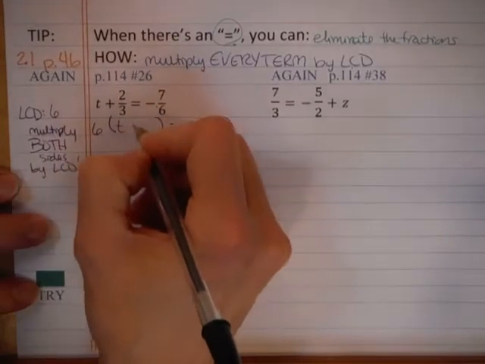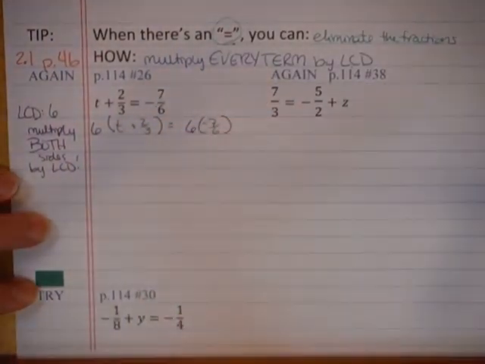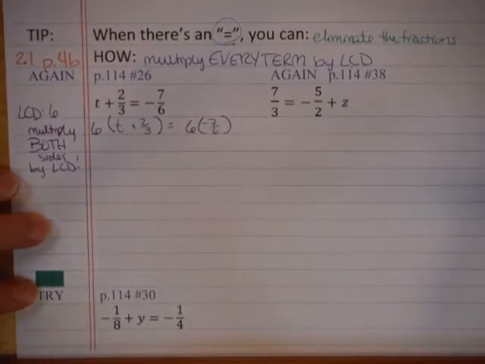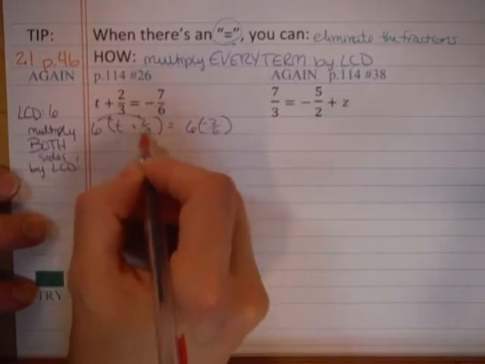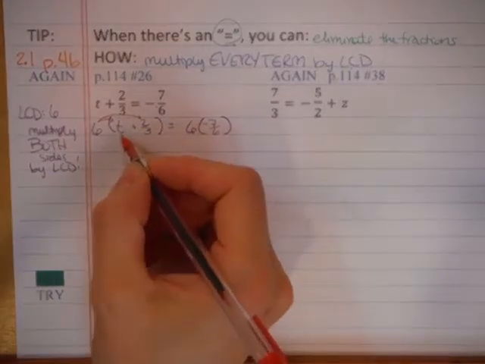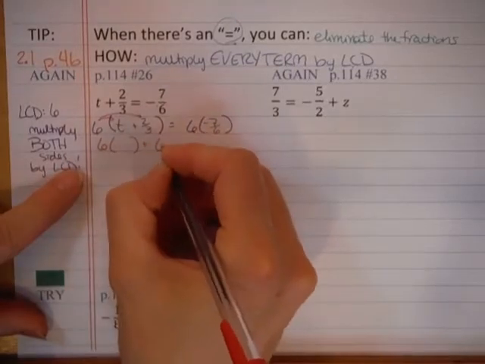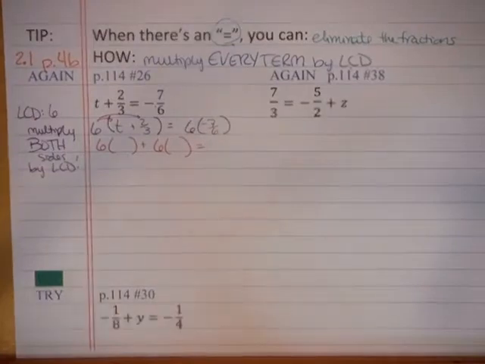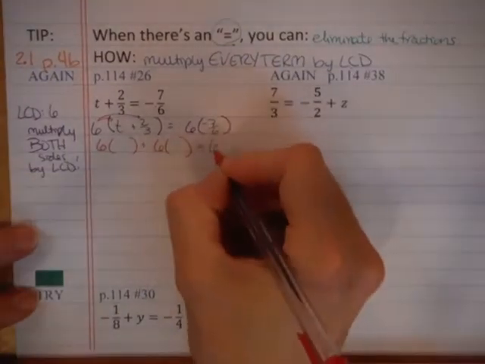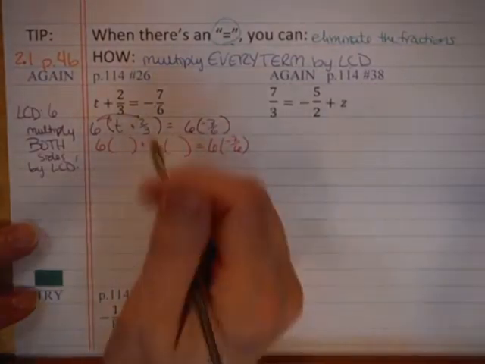In this case, the t plus 2/3 and the negative 7/6. So then we distribute that 6 across here because we can't combine the t plus 2/3. We don't know t yet. So it becomes 6 times t plus 6 times 2/3. We still have the 6 times the negative 7/6 here. And when we distribute,